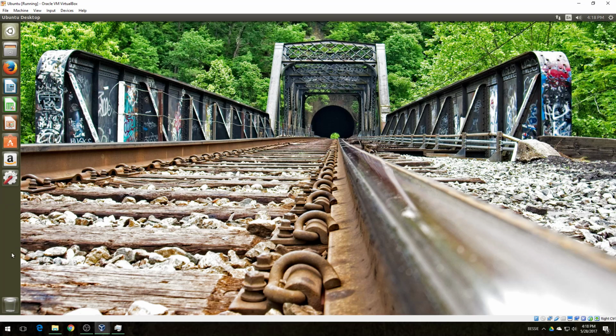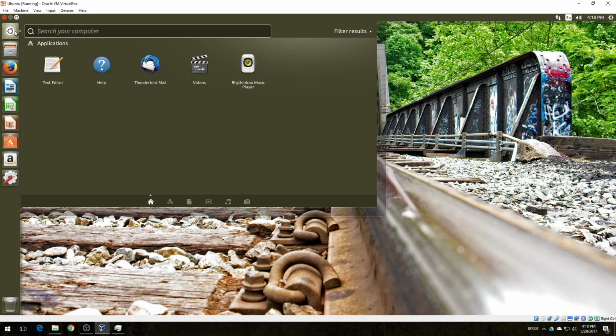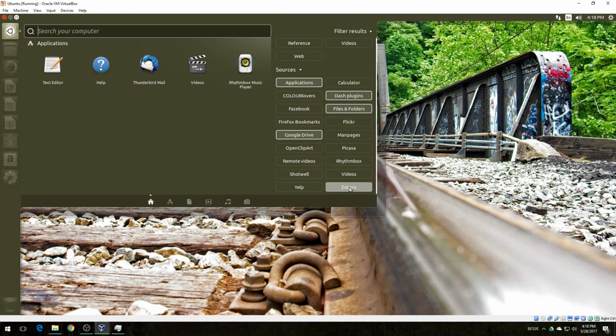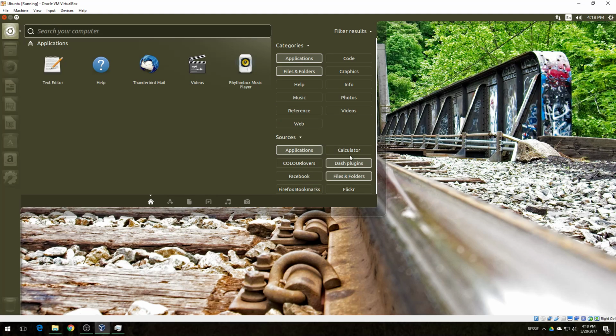This is a nice transparent effect, and there are a lot of neat transparent effects, eye candy type stuff. What else? Here you go. You can look through all these sources here, and that's how you filter your search.